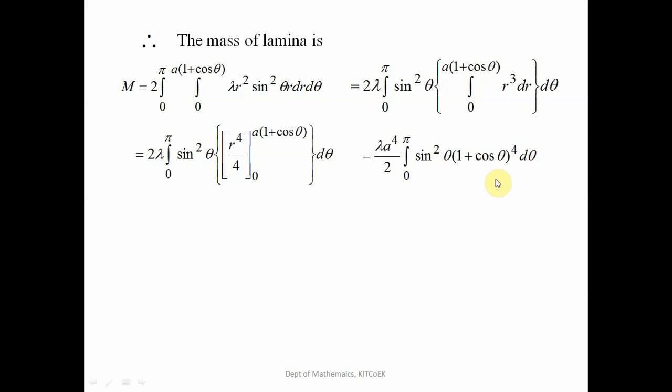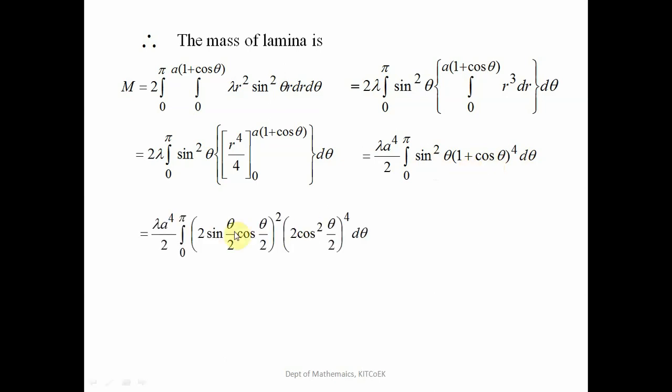So here we will think about the application of the beta function. But whenever we need to use the beta function, the limits of the trigonometric integral must be 0 to pi by 2. So for that, by using trigonometric relations, we will simplify the integrand. It is sine square theta. We will convert it into half angle form. So sine theta, we know that it is 2 sine theta by 2 cos theta by 2, as well 1 plus cos theta is 2 cos square theta by 2.